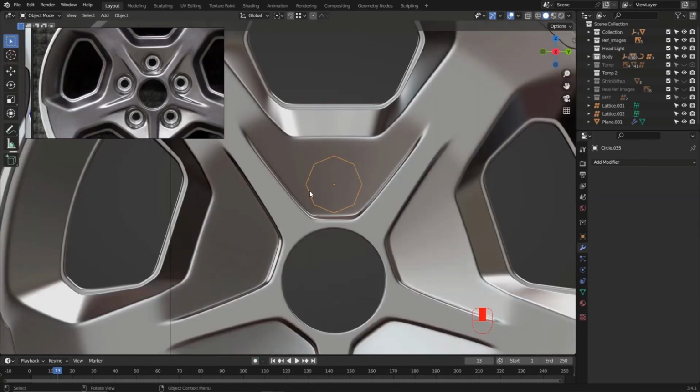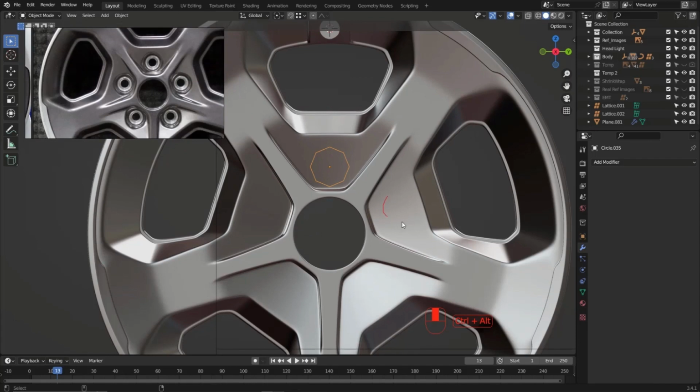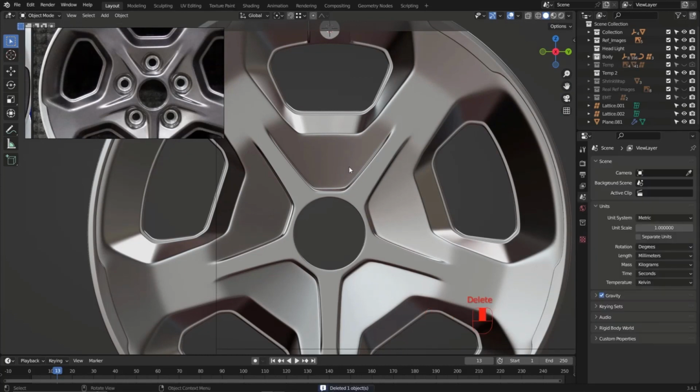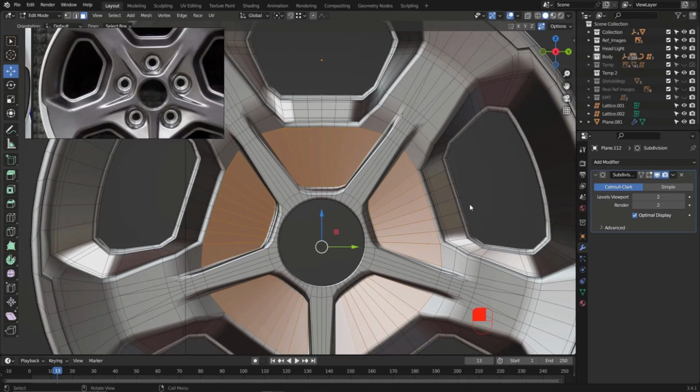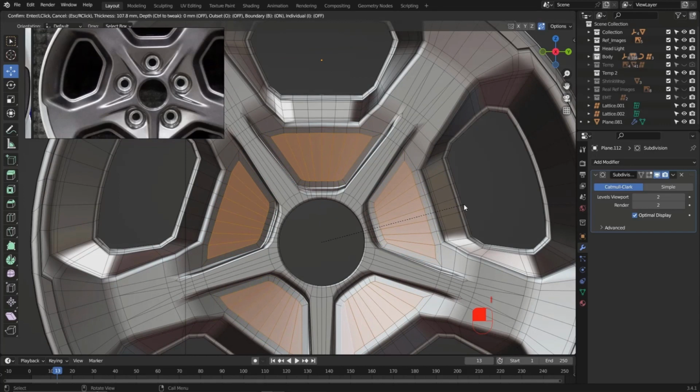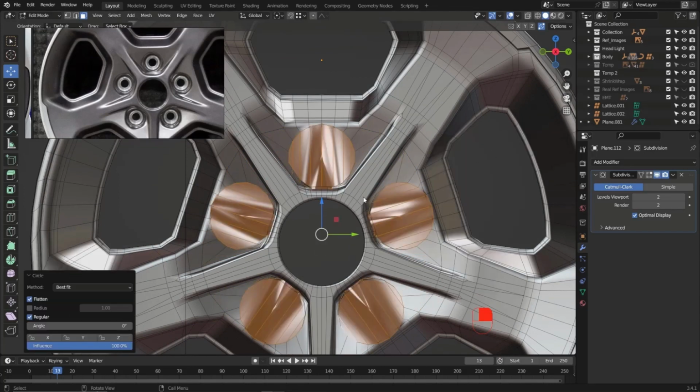I think if we use the knife project, the process will be difficult for us because I should do that here, and I should connect all the vertices to the new circle. That will be difficult. I will delete the circle and I will tab to go to the edit mode and switch to the face. I will select all of these faces like that, and those over here as well. And I will hit I for inset to inset those like that. And I will hit right click and choose circle